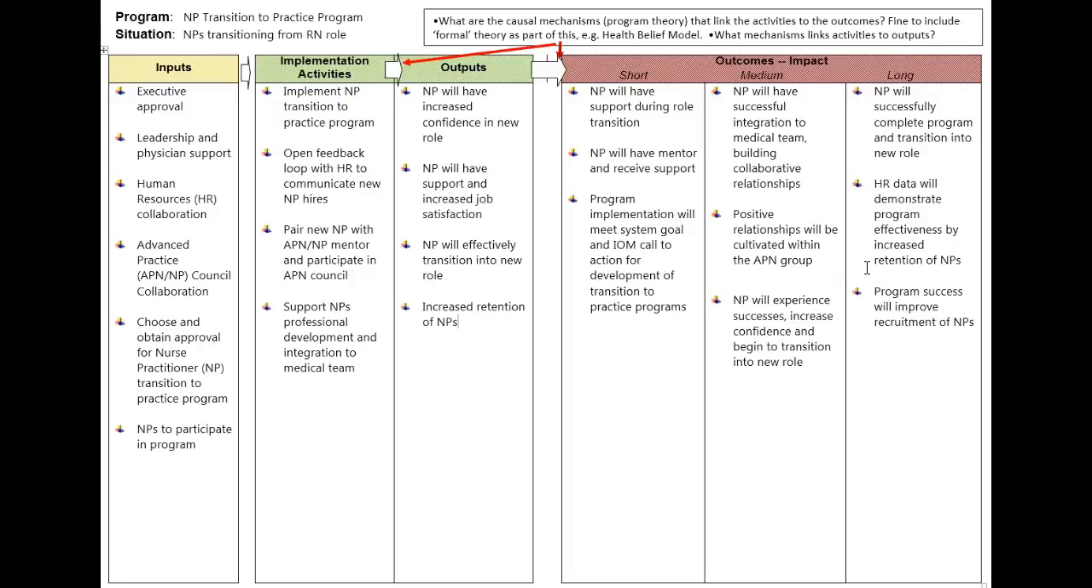So you can see in this process the requirement for linking together how the input would lead to the activities, and the activities would lead to the outputs, and the outputs would lead to the short, medium, and long-term outcomes. In essence, it's a cause and effect. So each input